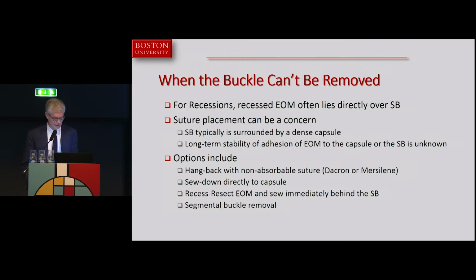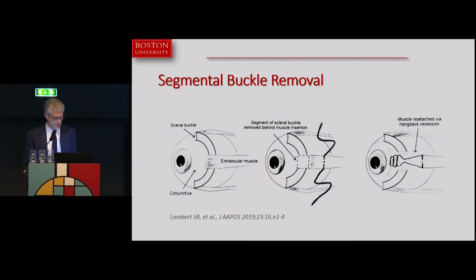You can do a recess resect of a single muscle and sew the muscle immediately behind the scleral buckle, or you can do what Lambert has described as a segmental buckle removal, where you retain some of the buckling effect and yet are able to attach your extraocular muscle to the sclera. The problem in my mind about this is that if you try to attach the muscle to where the buckle was, the sclera underneath is very, very thin, and so you've got to be extremely careful about placement of your